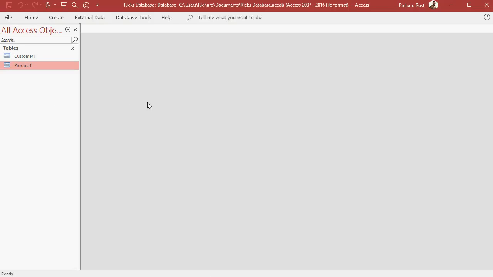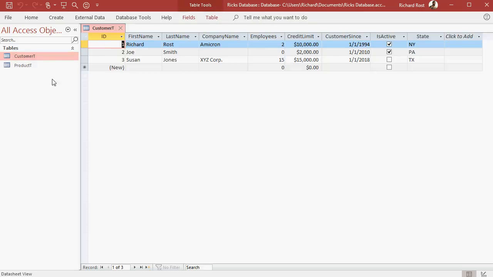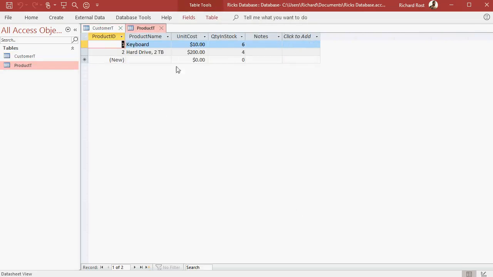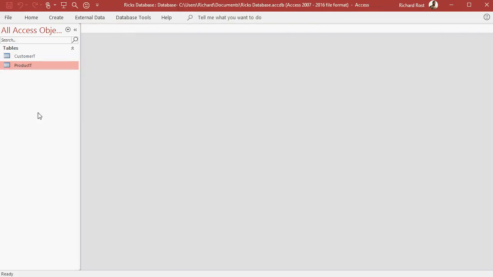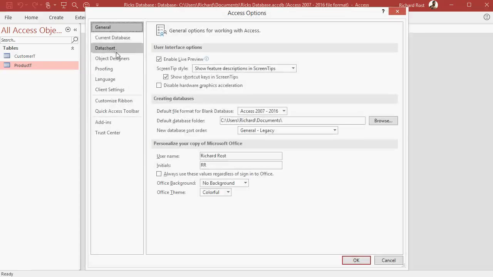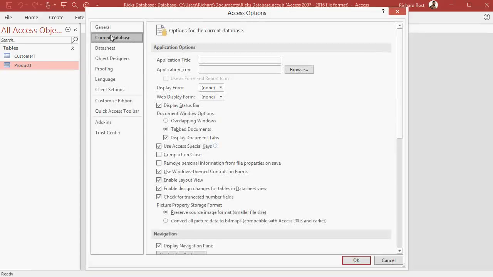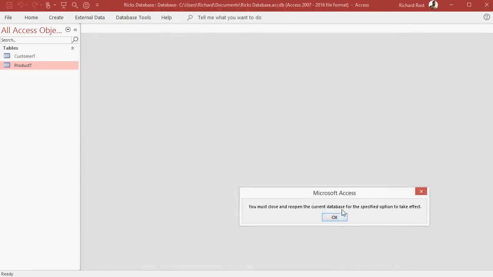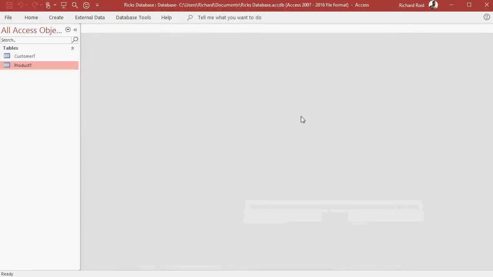one other thing I'd like to note is that I personally don't like this tabbed interface. I like to use windows inside of Access. So I'm going to switch my database over to window mode, overlapping window mode. Here's how you do it. Go up to File, and then Options. Go to Current Database, and then pick right here under Document Window Options. The default is Tab Documents. I'm going to pick Overlapping Windows. Hit OK. You have to close and reopen the current database. Hit OK. So we're going to have to close this down,